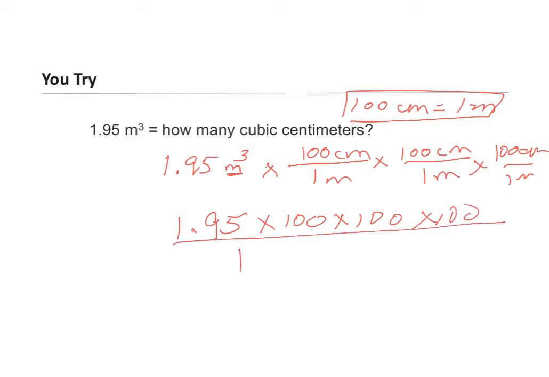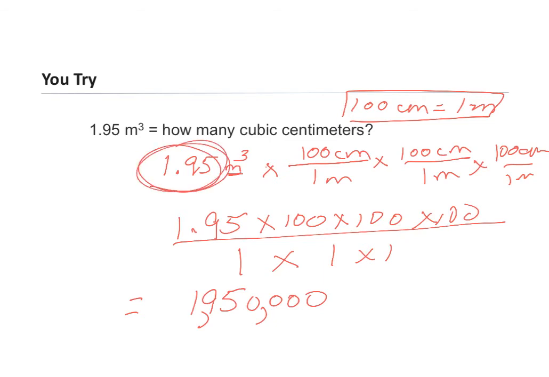And just to kind of show you the mechanics, 1 times 1 times 1 in the bottom. All right. So let me see if I can do my mental math. Alrighty, so the given information had 3 sig figs, and so the answer has to have 3 sig figs,